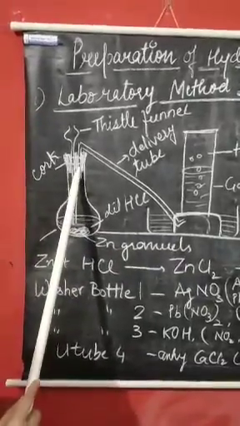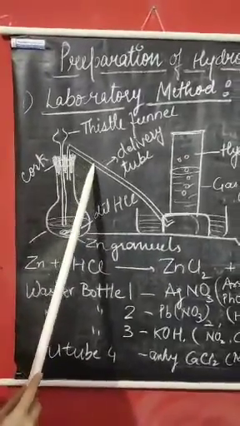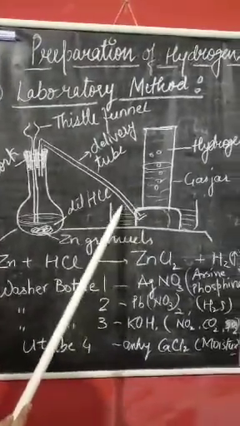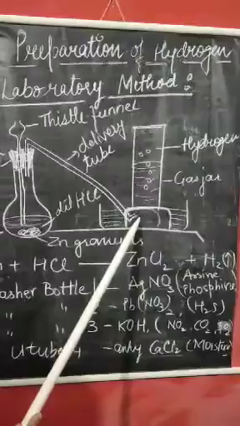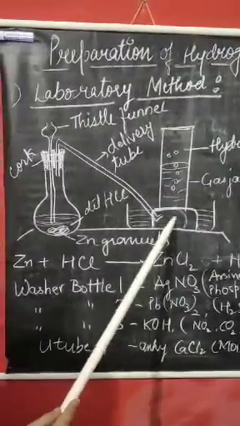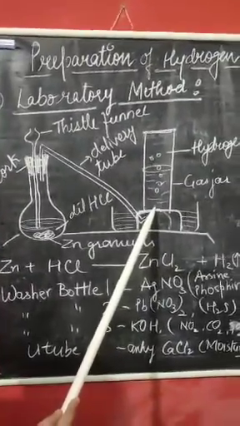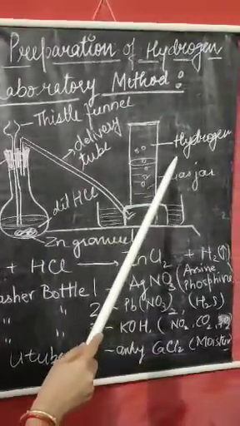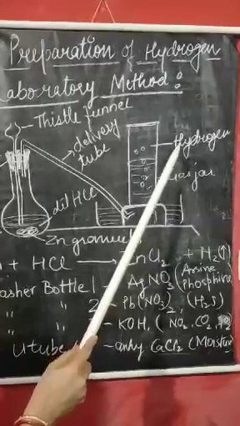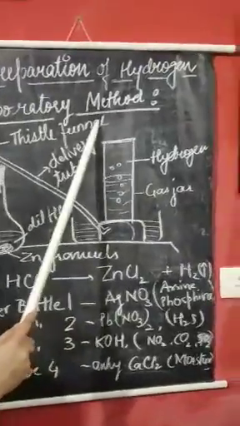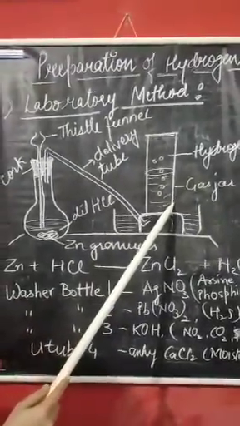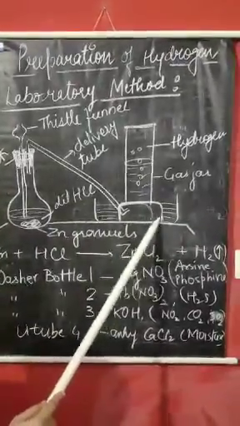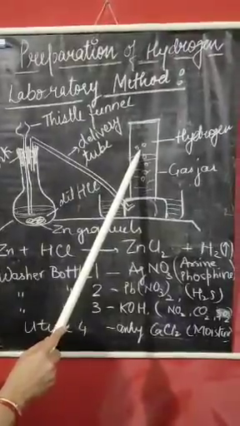Therefore, from this delivery tube, the gas starts to escape out, and it will slowly reach the beehive shelf. Now here is water. What will happen? By downward displacement, by displacing the water, slowly the bubbles will form and go up, and it will be collected here in the form of hydrogen gas. Therefore, we say that hydrogen gas in the laboratory method is collected with the help of downward displacement of water. You see here, the water is getting displaced and hydrogen gas is collected.